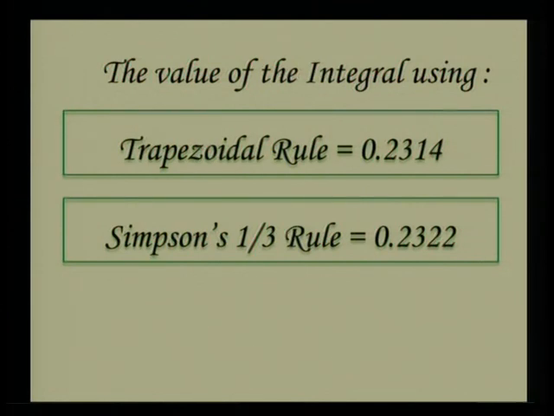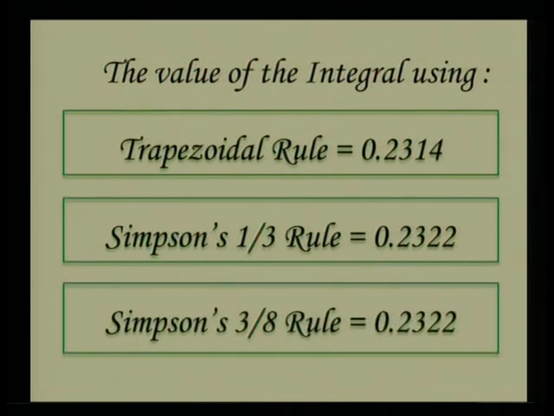In the same way, if I put all these values into the formula of Simpson's 3 by 8 rule, I will be getting the answer 0.2322. Now have a look at these answers. Are the answers different? Yes, obviously. When you are taking Simpson's 1 by 3 and Simpson's